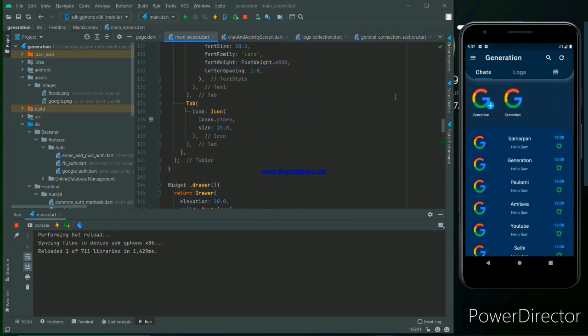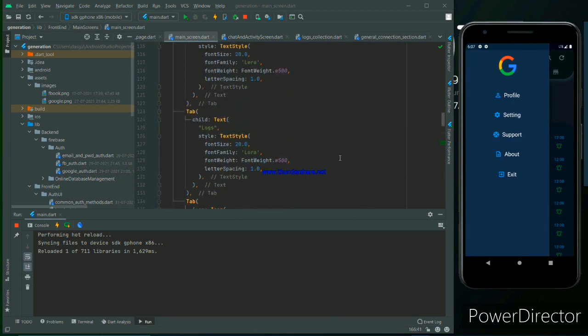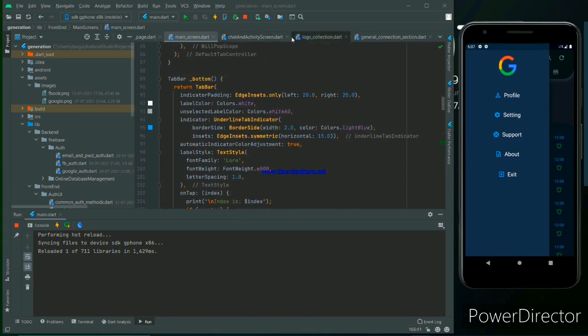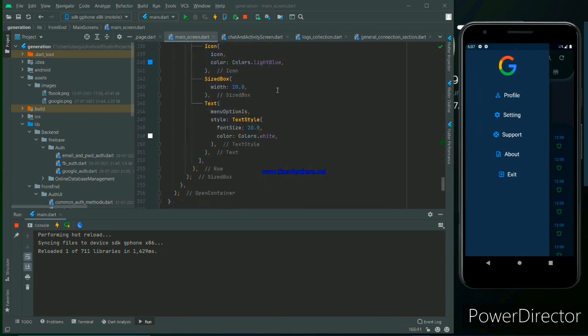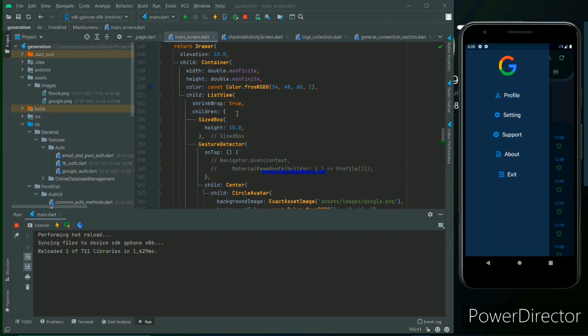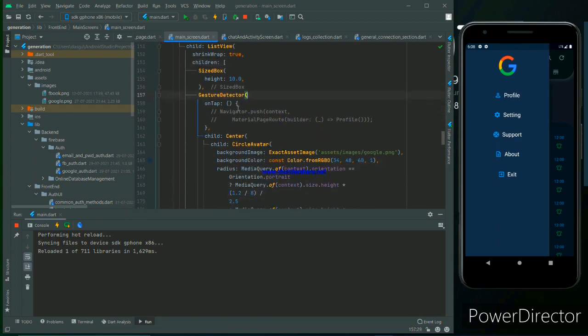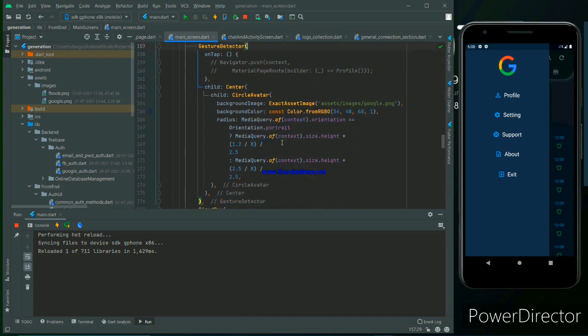So what I'm going to make here, first I understand what I make here, and then the sub options, sub menu and all other stuff. Okay, so what I've done here, I write from here manually from the list view, I use a size box height 10.0 for making the upper space above that Google logo. Okay, and then we make a gesture detector and under that we wrap a circle avatar, and that will be under the